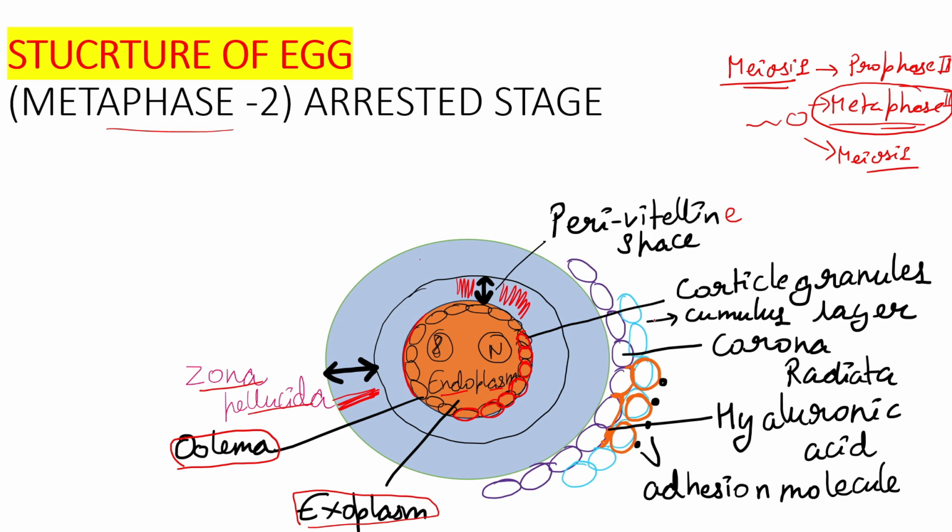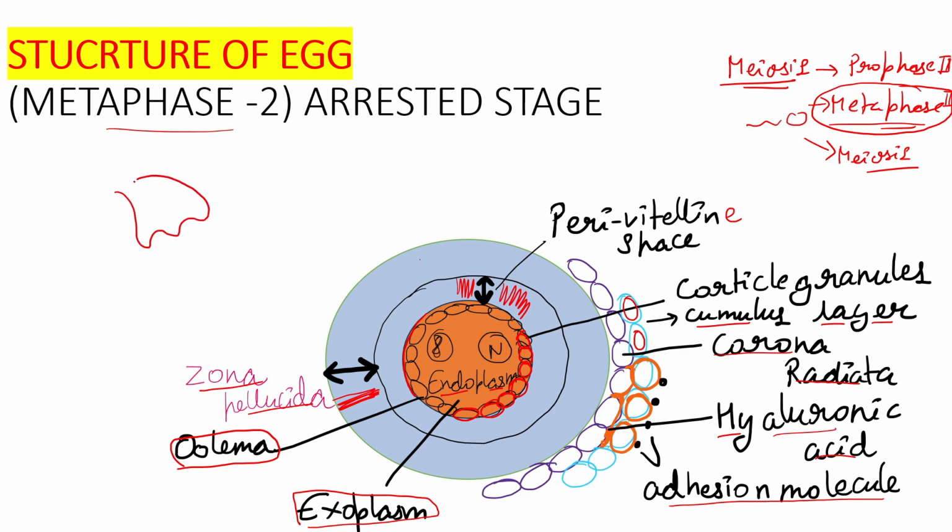Now coming further, these are some of the layers. The very first layer which you can see in blue is the cumulus layer. Then comes the corona radiata layer. Then there is a filling, known as hyaluronic acid. And then there are some proteins known as adhesion molecules. These adhesion molecules